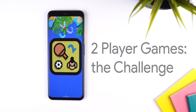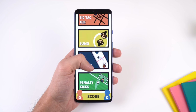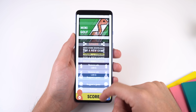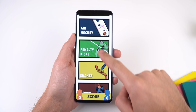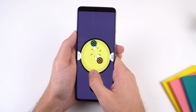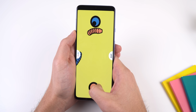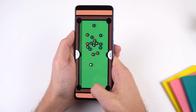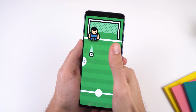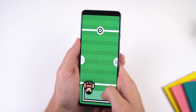Last but not least, 2-player games to challenge is an excellent option for when you and your friend are bored and want to kill some time. This app has a bunch of mini games within it, so you'll never get bored of playing the same game over and over again. They have ping pong, spinner war, air hockey, snakes, pool, tic-tac-toe, penalty kicks, which is my least favorite game because the controls for shooting the ball are awful,